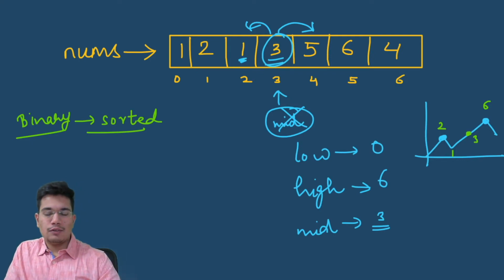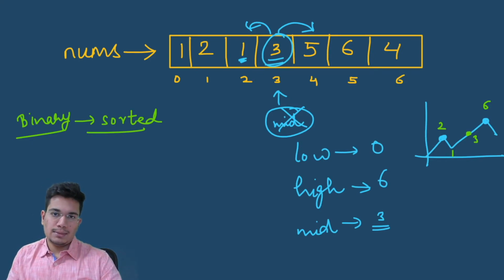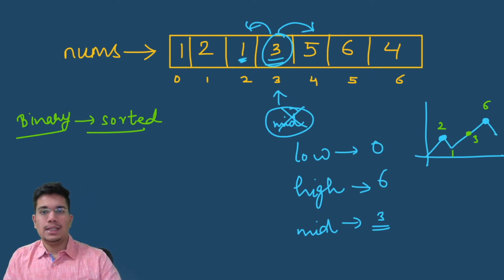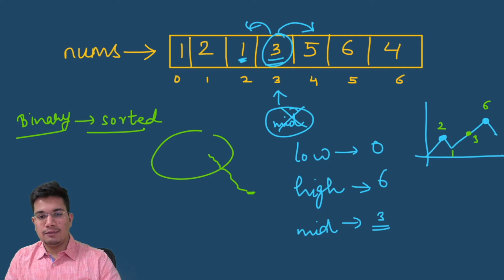So what we can understand from this is, if there is something higher towards my right, then if a peak element exists in this array, potentially it will lie towards that right half only. Or if there's something higher than me towards my left, then the peak element might lie towards my left only. Because if the elements are increasing towards my left, for example if I'm currently here and elements towards my left are increasing, there must be a peak somewhere over here. And similarly for right, if the elements are increasing, then the peak can be somewhere over here if the peak exists.